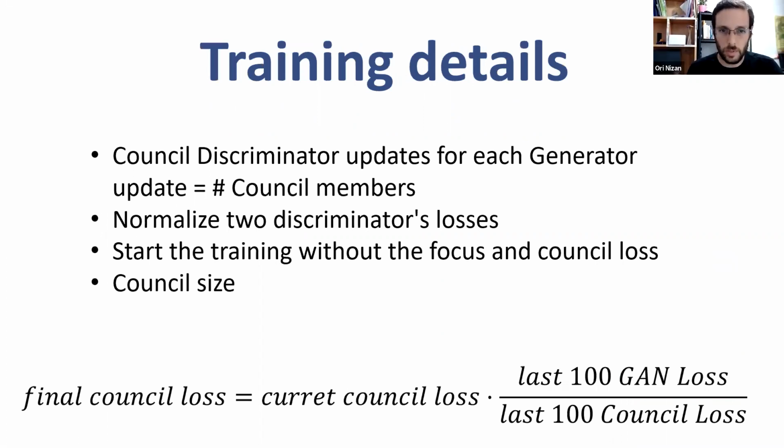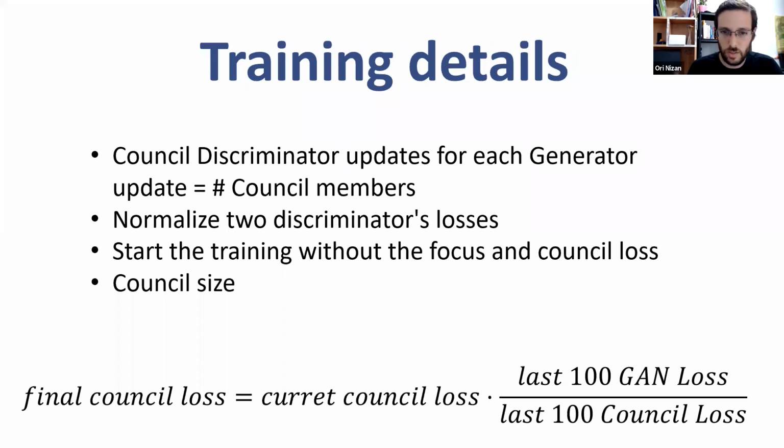Okay, a little bit about the training details. All models were trained using Adam and with some data augmentation. An important detail about the council discriminator is that it has a harder time than the generator, due to the fact that it has to keep track of multiple generators. For each iteration of the generator, we train the council discriminator a number of times equal to the size of the council, which means for a council size of 4, the council discriminator will be trained 4 times